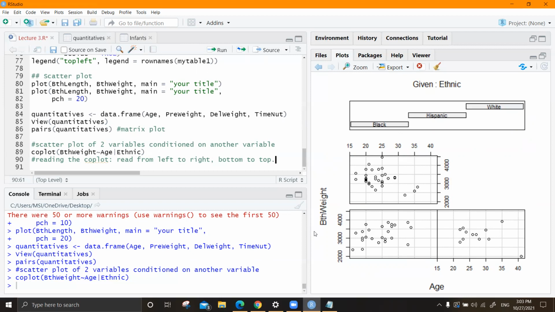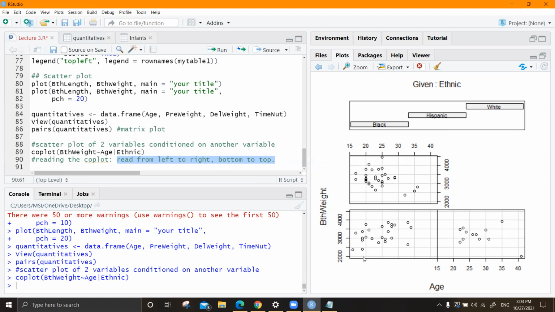Anyway, the y-axis is birth weight. You always give y tilde x. Y tilde x. Y-axis is birth weight, x-axis is age. If you take this one, among these three, how are we going to determine which ethnic group this belongs to? So you use this rule: left to right, bottom to top.